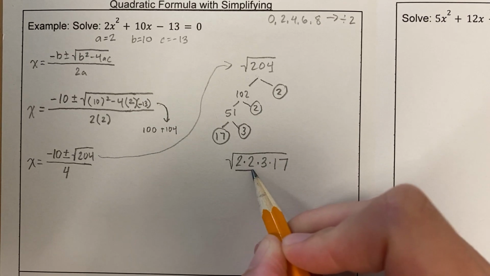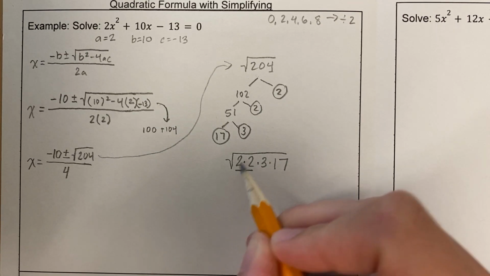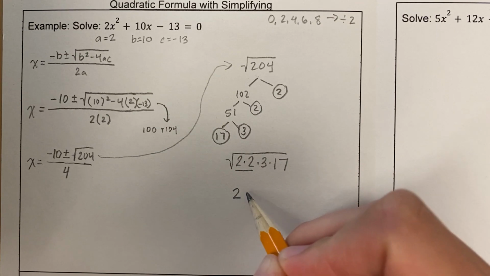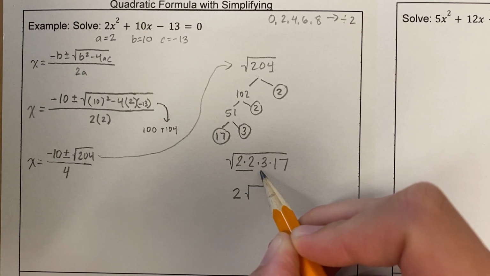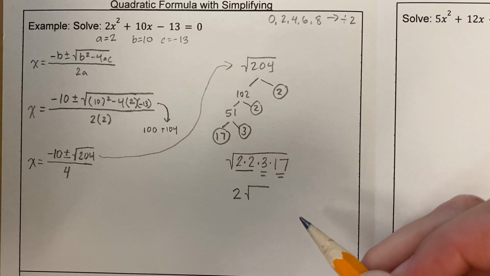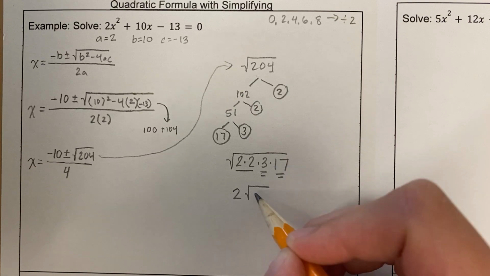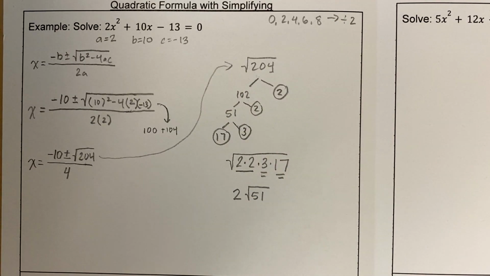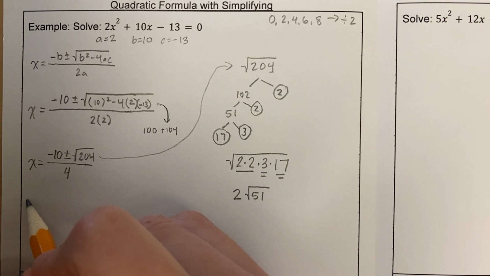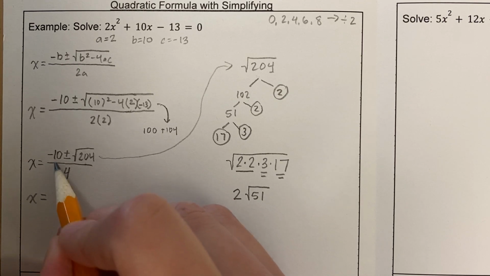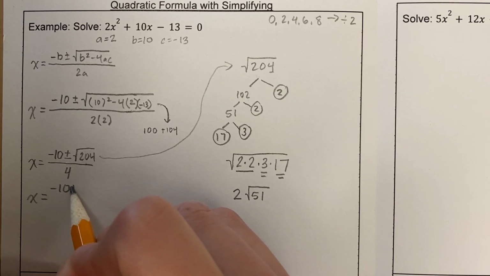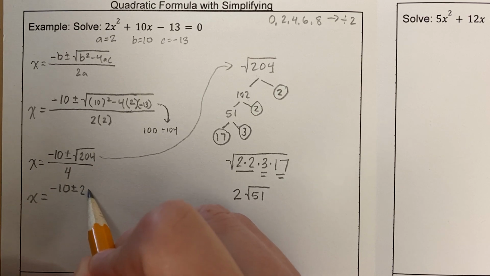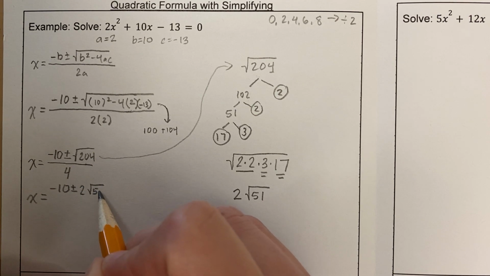And what I remember is that when I have those doubles, right, that's 2 times 2 is 4, but the square root of 4, this becomes a 2 on the outside. And this 3 and 17 are singles, and they stay on the inside. And so I'm just going to multiply those back together, and I get 51 on the inside. We've simplified radicals a lot, and we don't usually get answers like this, but in this case, this is the answer. And so what we do is I'm going to bring it back here. So I'm going to bring down negative 10 plus or minus 2 root 51